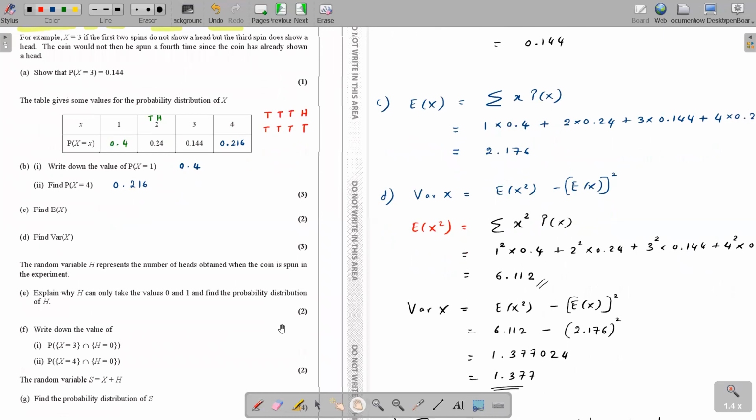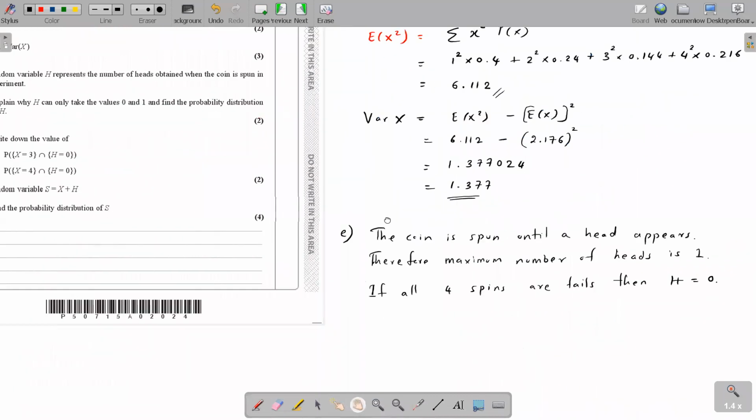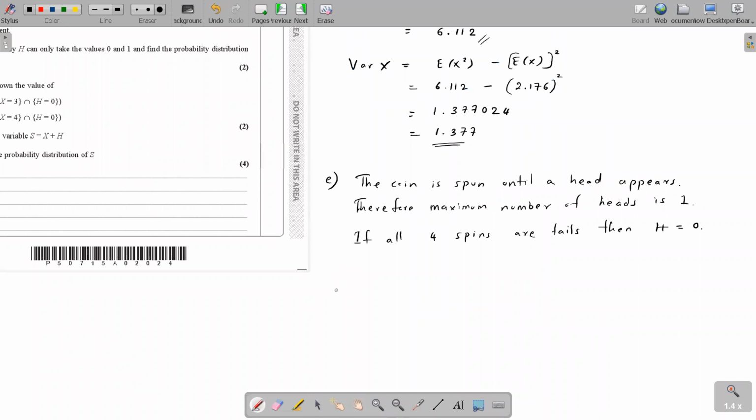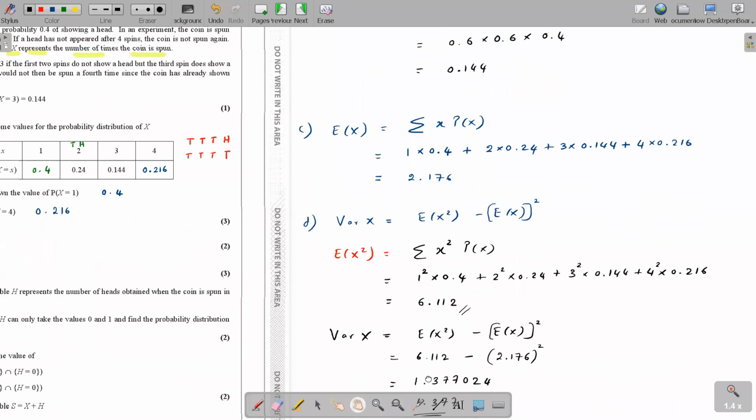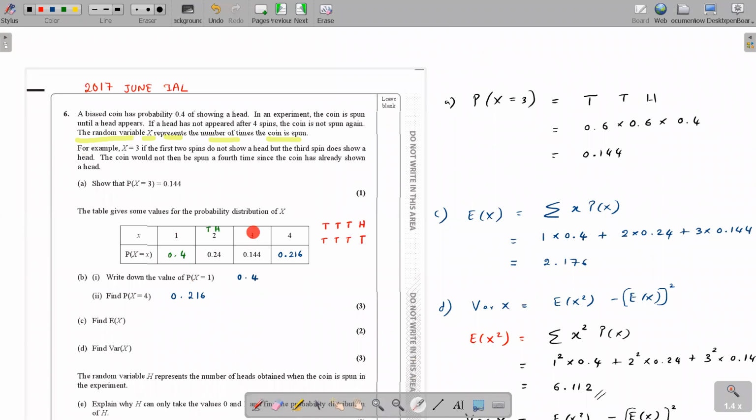The next one, and we are not done actually. They are asking you to find the probability distribution. Probability distribution means what? Children, what do you mean by probability distribution? You have to write down the h value and the respective probability. A probability distribution means a table like this. You have to make a table. This is called a probability distribution. You have to give the values and the respective probabilities.